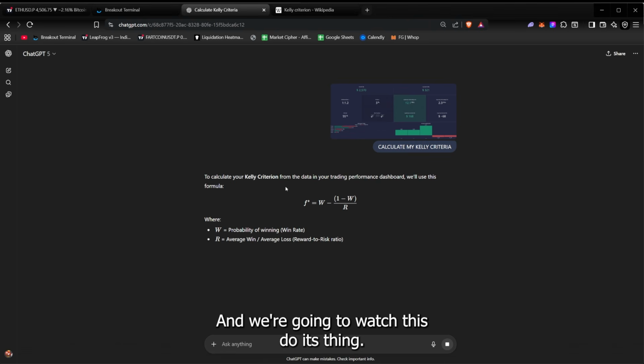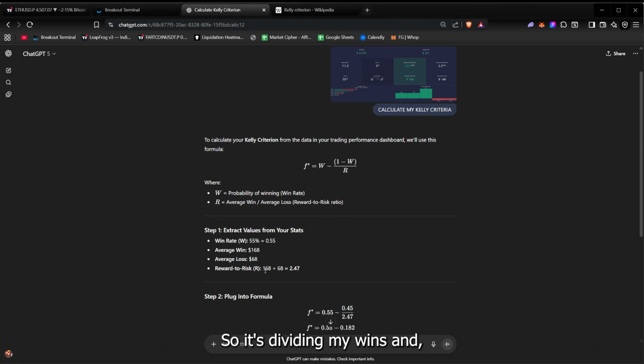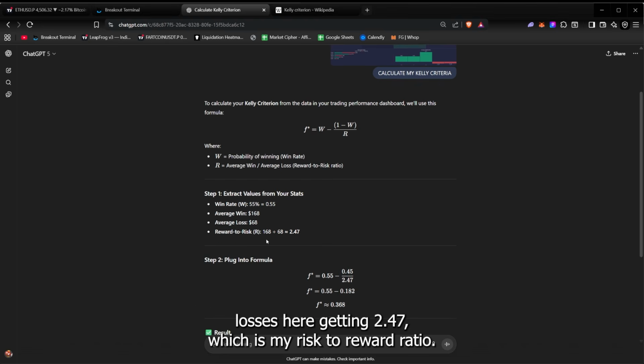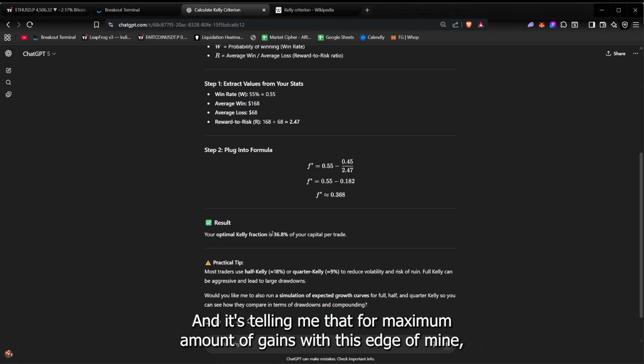And we're gonna watch this do its thing, and it's calculating my risk reward. So it's dividing my wins and losses here, getting 2.47, which is my risk to reward ratio, plugging that into the formula, and it's telling me that for maximum amount of gains with this edge of mine, that gives me